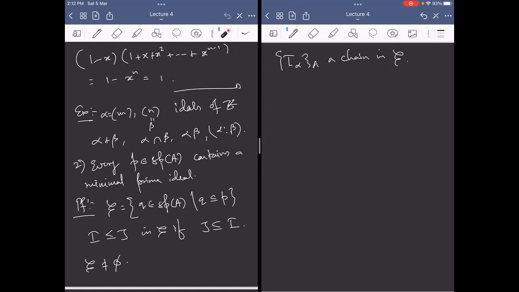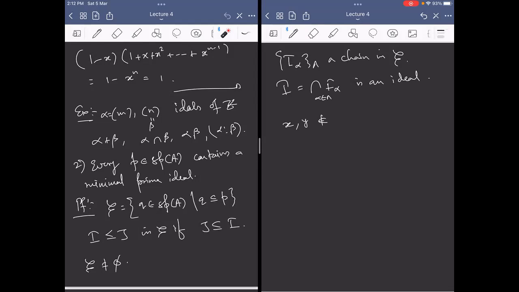Now for the reverse inclusion, you expect that it should be the intersection. So define I to be the intersection of I alpha. Now this is an ideal because an intersection of ideals is an ideal, but I don't know whether it is prime or not. So suppose xy